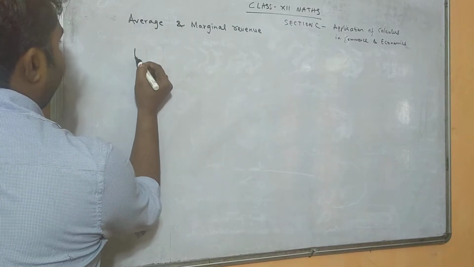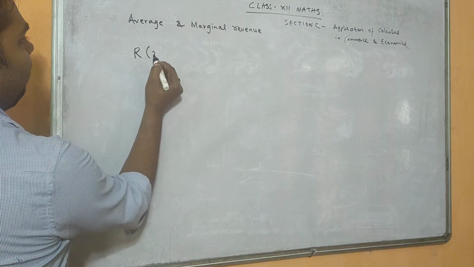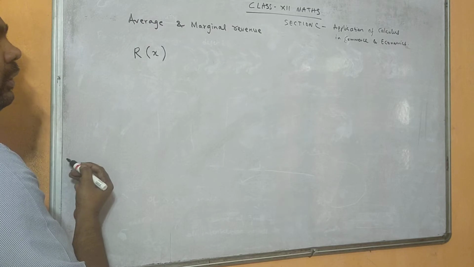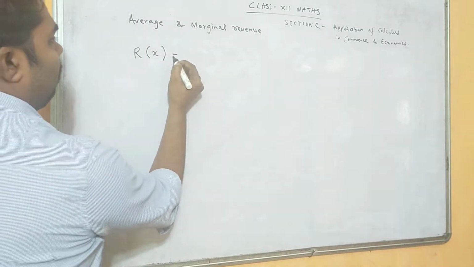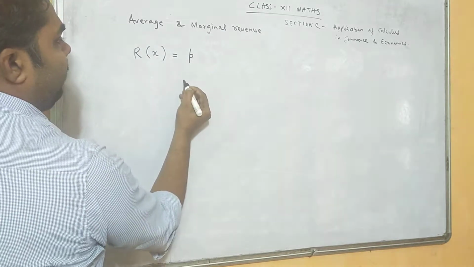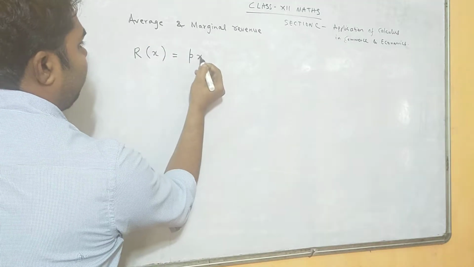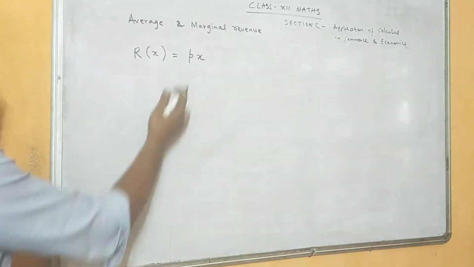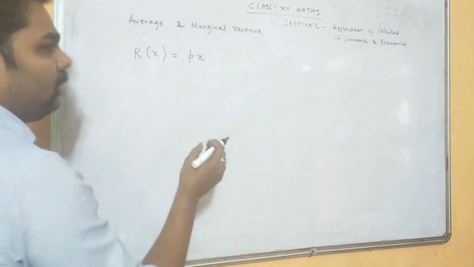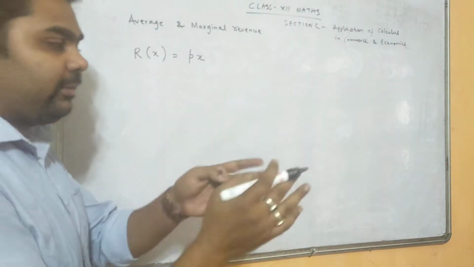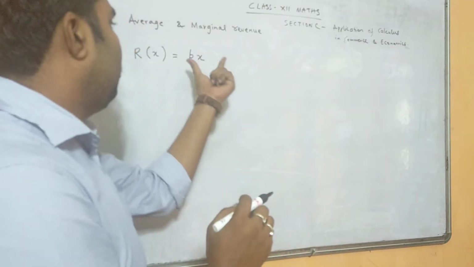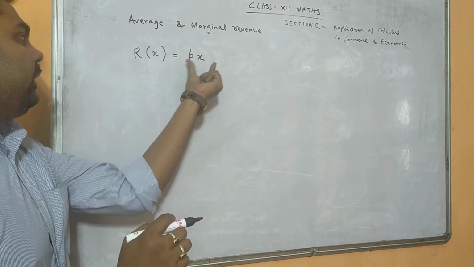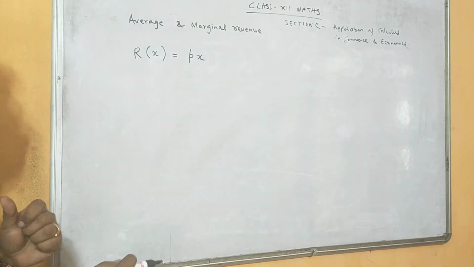When we say revenue function, that means the revenue function of x, by selling x number of units. If the price per unit is P, what will be the total revenue? That is Px, right? Small p is the price per unit and x is the quantity, the number of commodities you are selling. That means the total you are getting from the market is price into quantity, that is Px, which equals the revenue function, right?